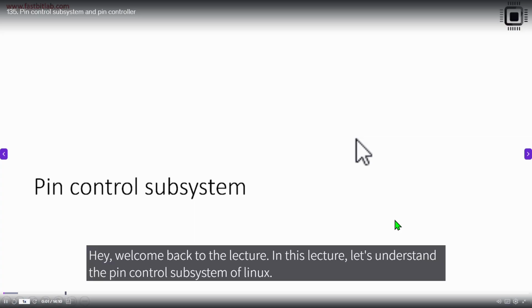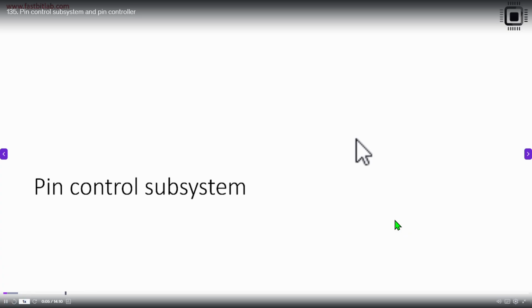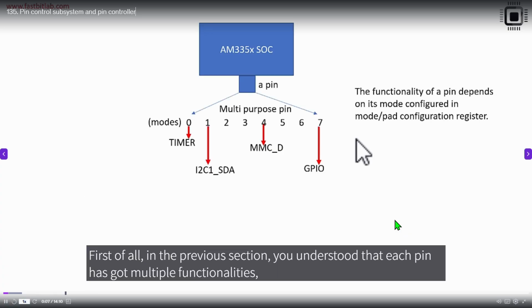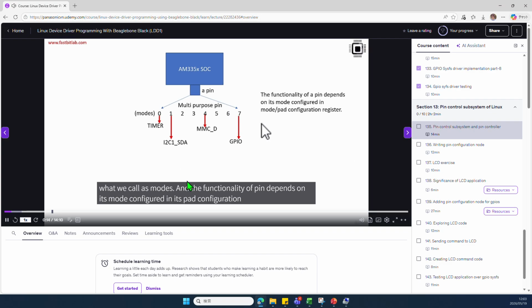Hey, welcome back to the lecture. In this lecture, let's understand the pin control subsystem of Linux. First of all, in the previous section, you understood that each pin has multiple functionalities, what we call modes, and the function